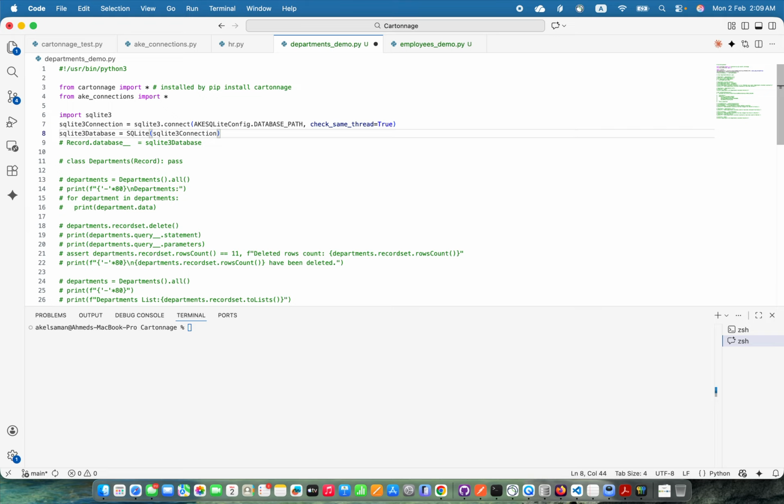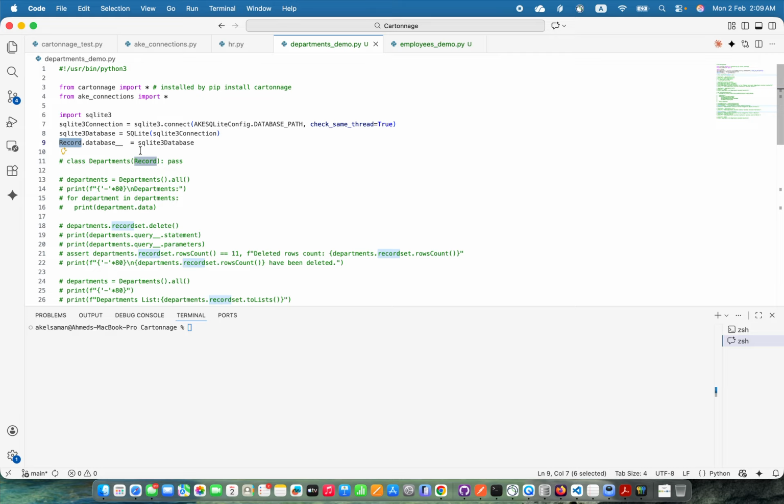You initiate an instance of this class by only passing the SQLite connection that is already established, and you can use the instance of this SQLite database class by assigning it to the record, and the record here is the parent of all